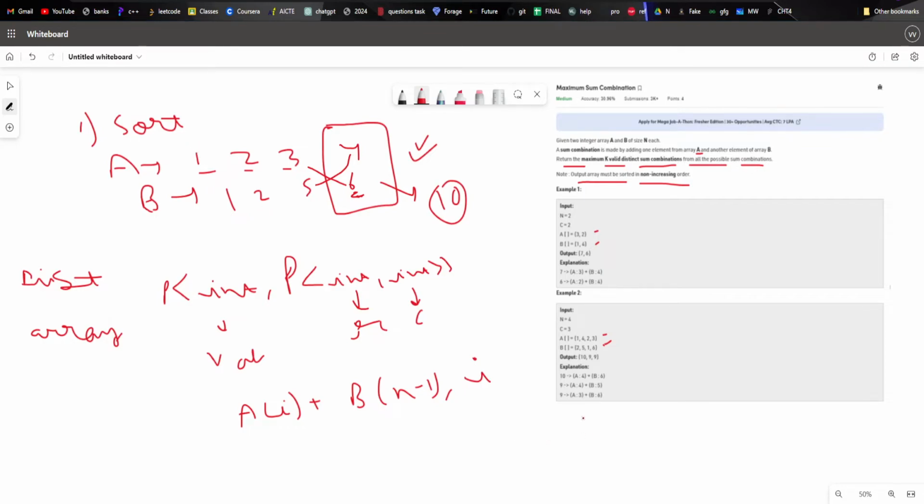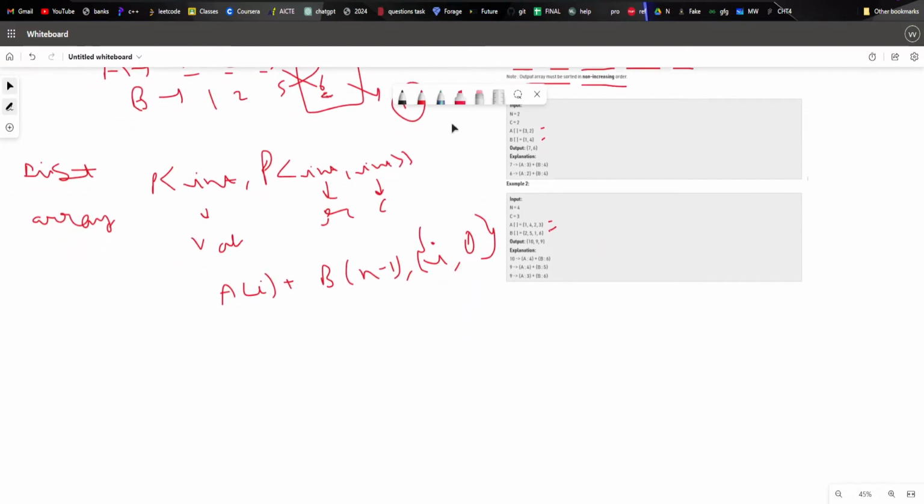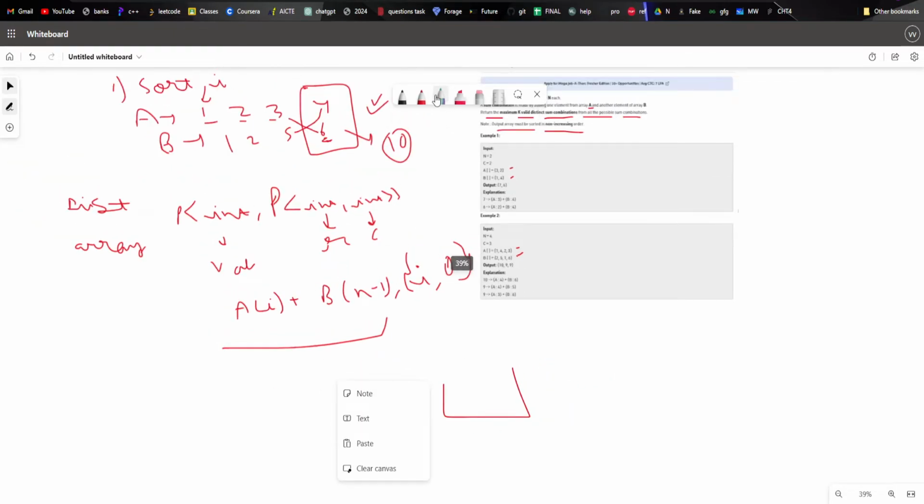This is I, and for this I, if this is the I that I am storing, then this will be 0, right? Because this is a row column, so that's why. After this, I'm just going to push everything into my priority queue. After I put everything into my priority queue, I can see that my 4 and 6 is going to 10,